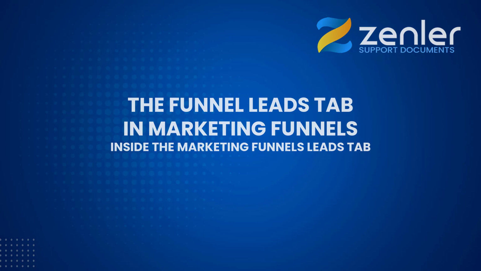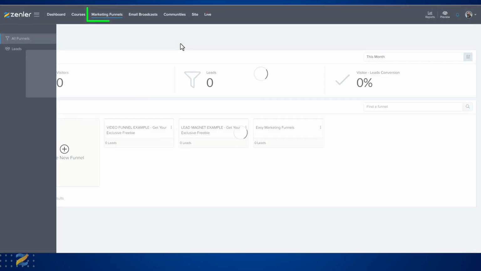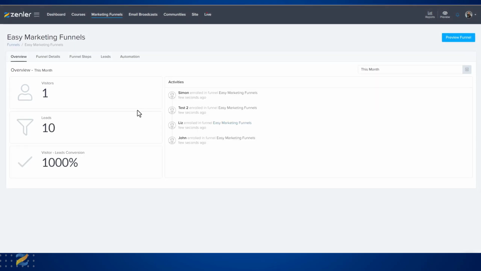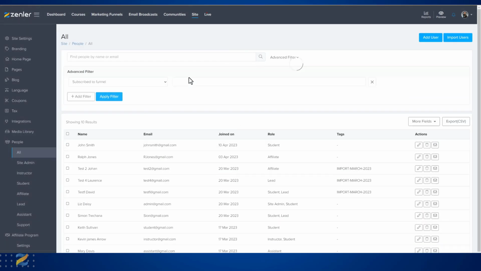Marketing funnel leads. From your dashboard, go across to marketing funnels and click into a funnel. Now, to find the leads that have signed up for your funnel, all you need to do is hit the leads tab here. As soon as you do this, you will be taken into the people all,